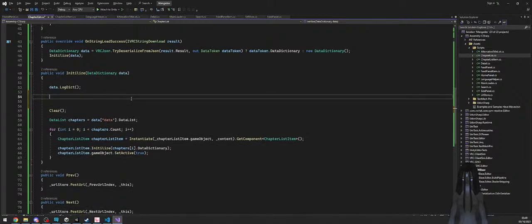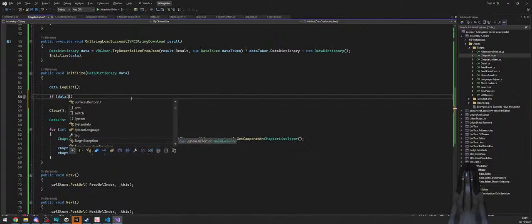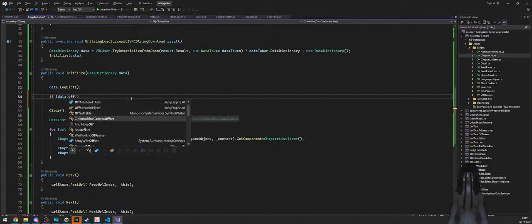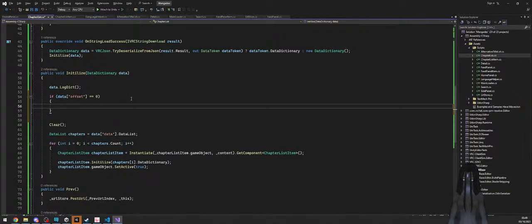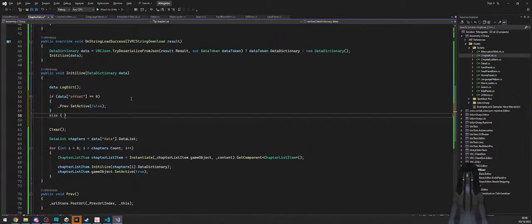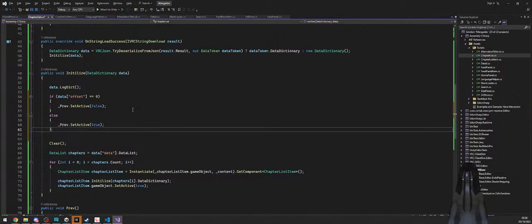But normally we can also check here now if our data total actually offset that is equal to 0, then div.set active false, else true,